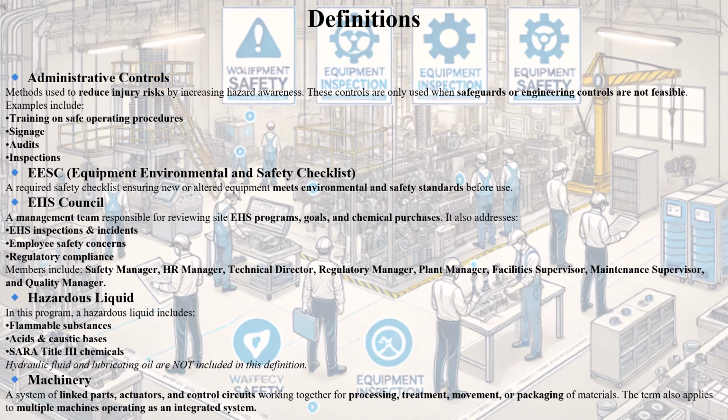In this section, we define key terms related to machine and equipment safety at Nature Rich Labs. Administrative controls are used to reduce injury risks when physical safeguards are not feasible. These include training, signage, audits, and inspections. The Equipment Environmental and Safety Checklist, or EESC, ensures that any new or altered machinery meets safety and environmental requirements